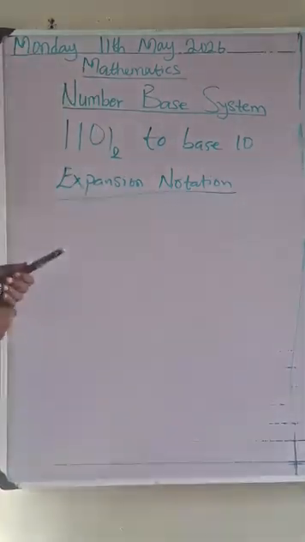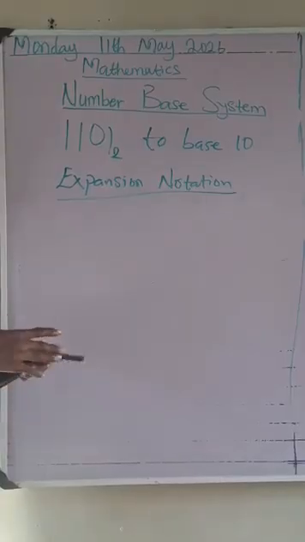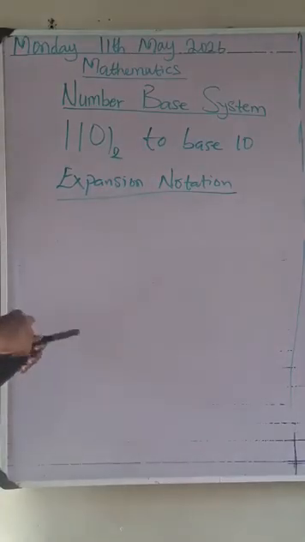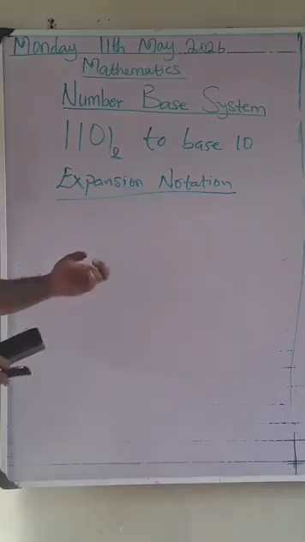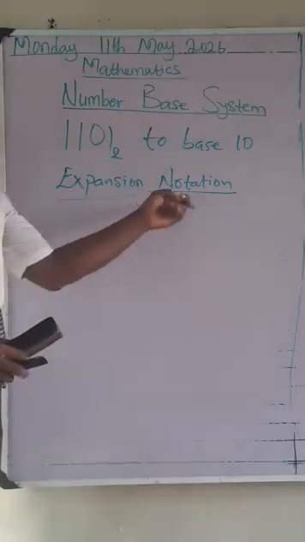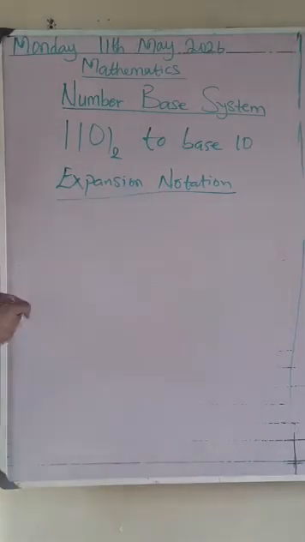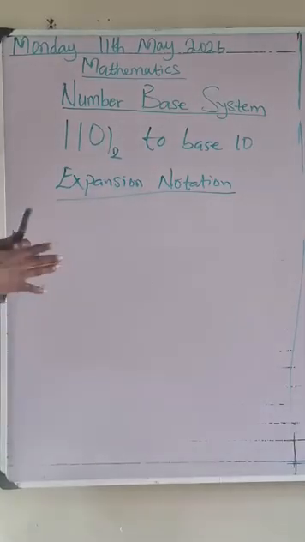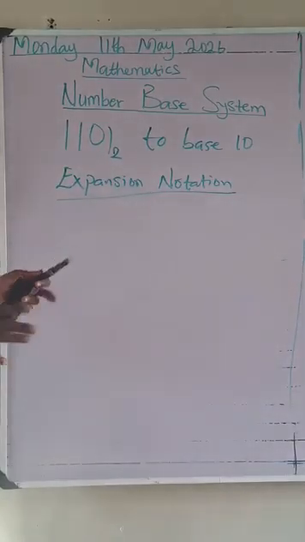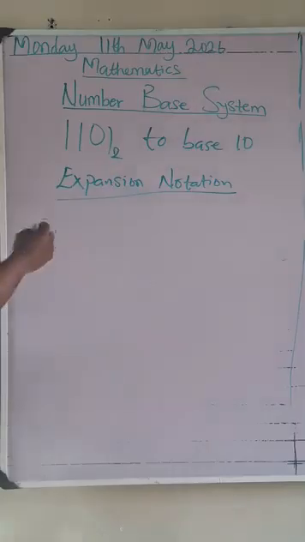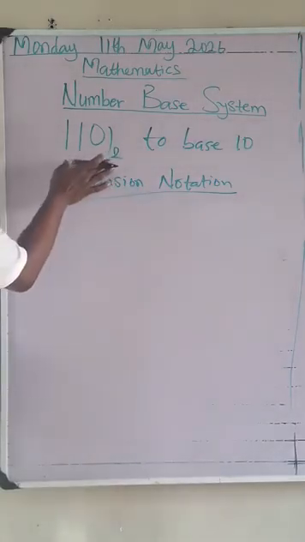Now, how does expansion notation work? I'm not going to list the steps because of time, so let's learn together. What do you do in expansion notation? Watch my steps, please. Expanding means spreading or extending something. So if I'm given a number such as this, and you say convert this to base 10,